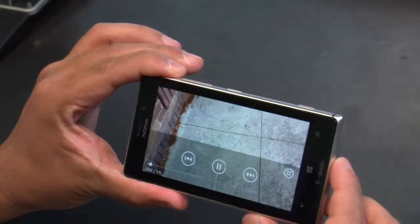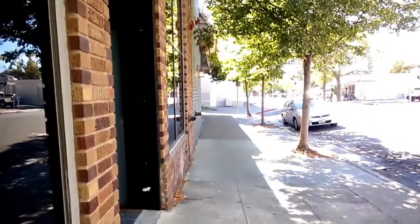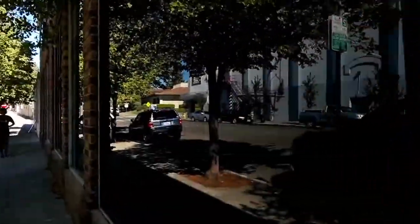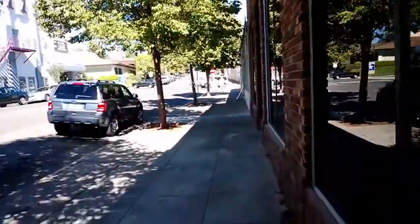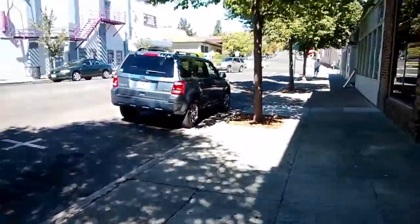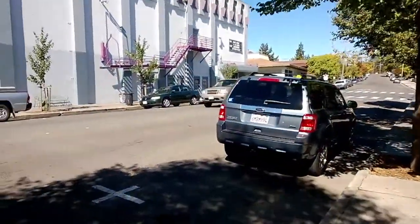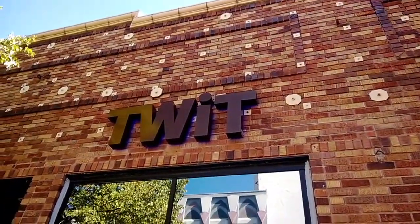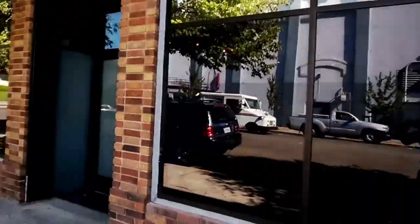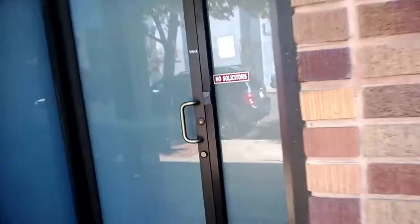So this is me walking around outside of the studio, and this video is running at 1080p, and I'm just kind of glancing around. You can see that as I'm walking around, video is pretty stable, and this is pretty much what it looks like. The TWiT sign on 1080p. So I'm kind of walking around here,